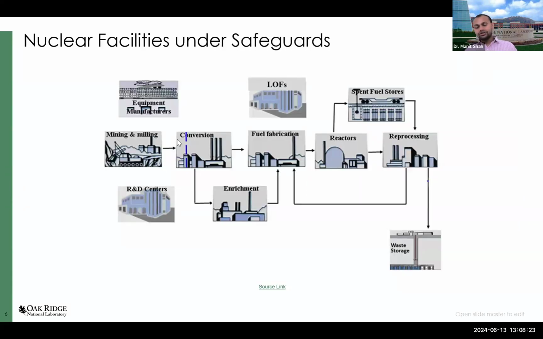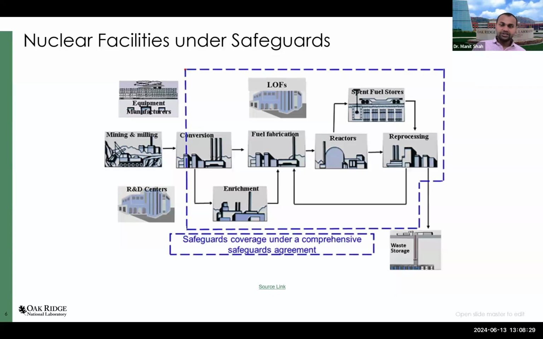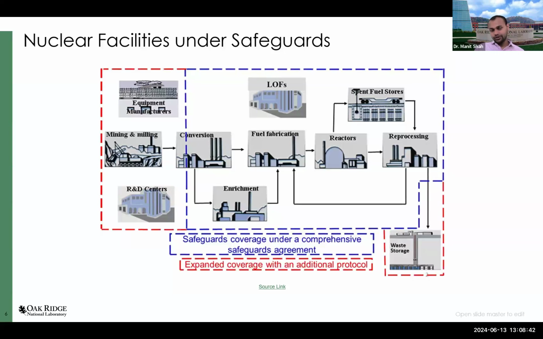Now, talking about the difference between CSA and additional protocol: from the initial days, the CSA, where it was applicable, was used to cover essentially everything from conversion to reprocessing. But with the enforcement of the additional protocol in states that have signed and put it in place, they are able to cover also R&D centers as well as any